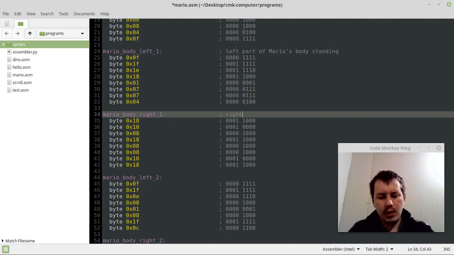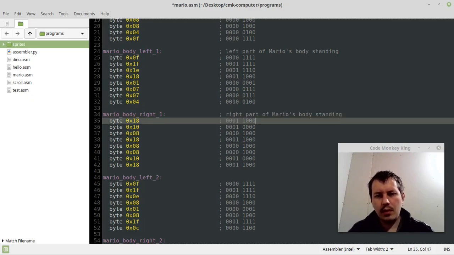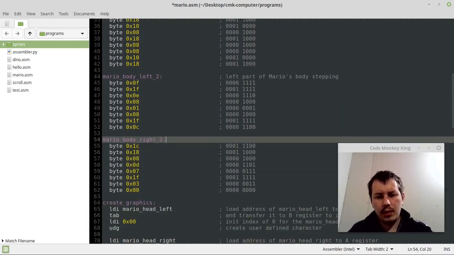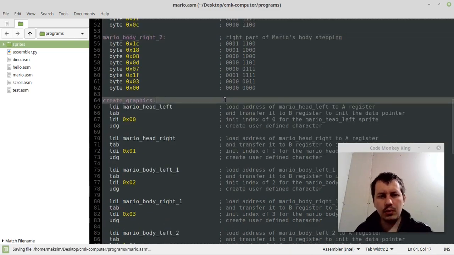So here is the right part of Mario's body standing, and here we have the left part of Mario's body stepping, and the right part of Mario's body stepping. Okay, so here we want to create